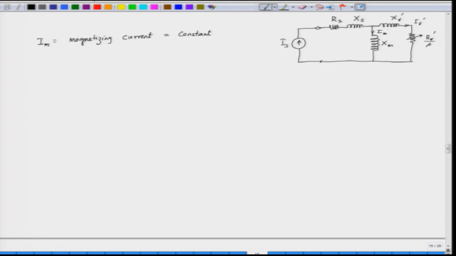So, the magnetizing current should be kept constant for constant air gap flux operation. Now, what is Im? Im can be obtained as Is is the current which is flowing into this. This is the source current, the stator current, that is Is, and we are interested to find out what is Im. Im is Is into square root of (Rr by S) whole square plus Xr prime square, divided by